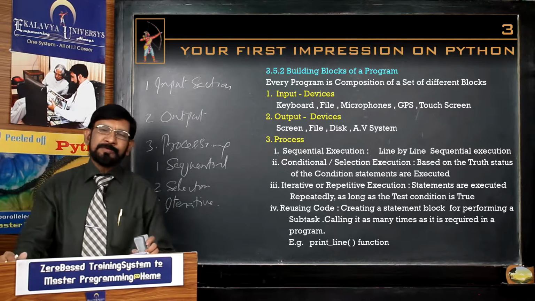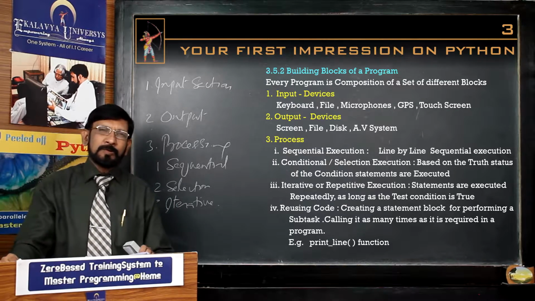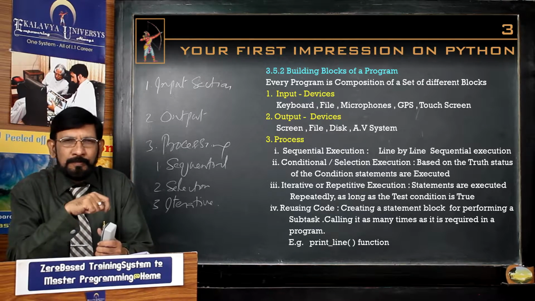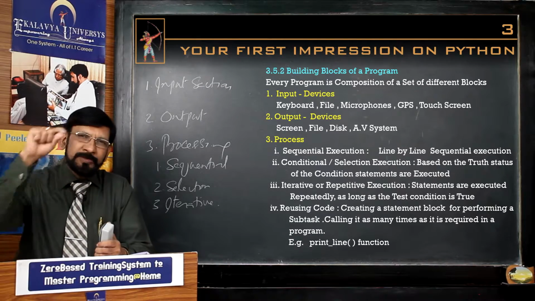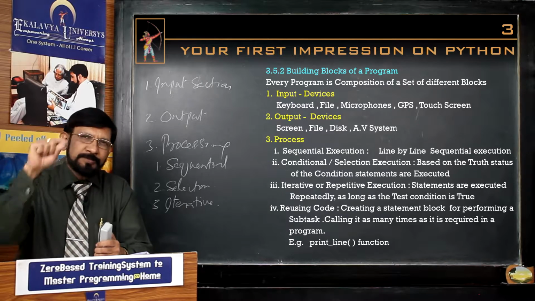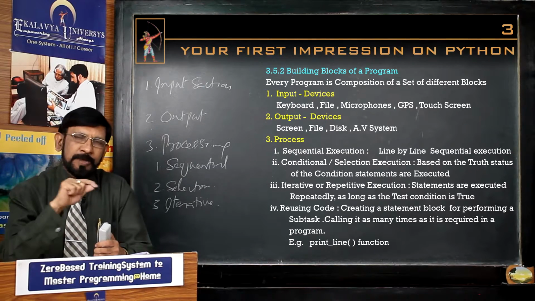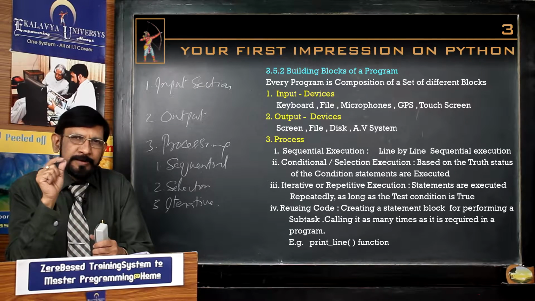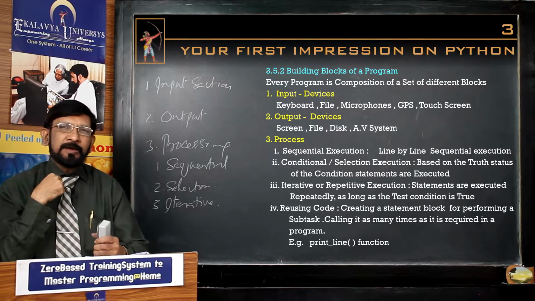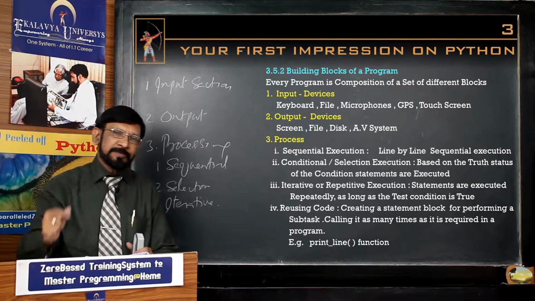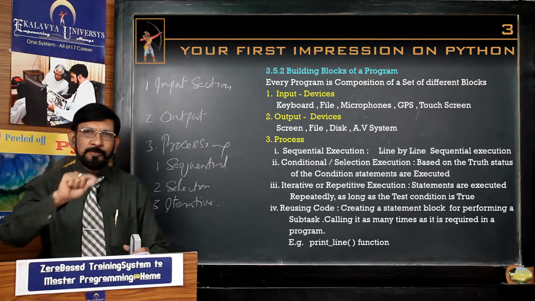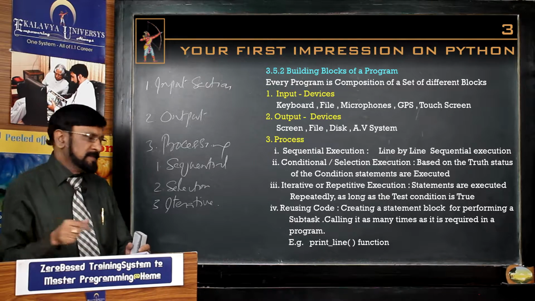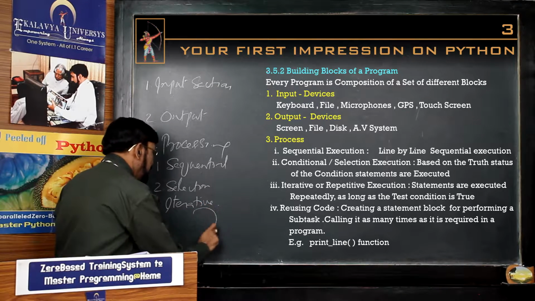If you take a real life example, you want to learn by heart a poem, then what you do? You recite it first time, second time, third time, fourth time. So at one point of time, at one iteration, you get a confidence, you memorize it, then you stop your iterations. This is called iterative approach.